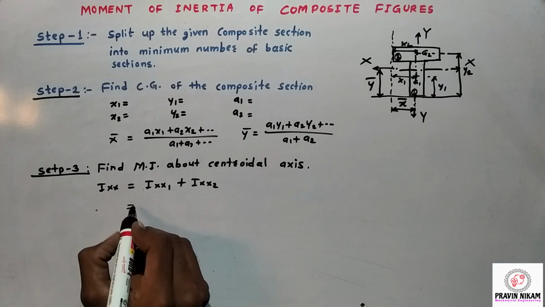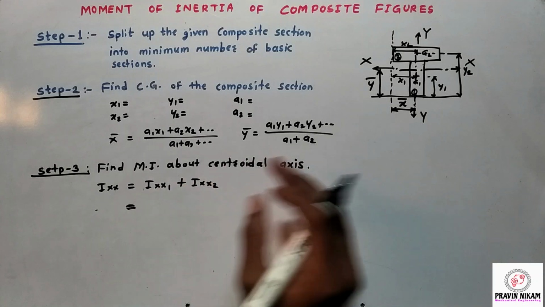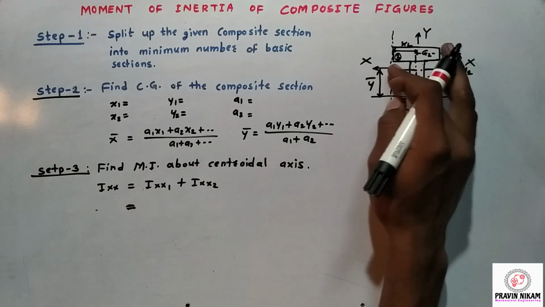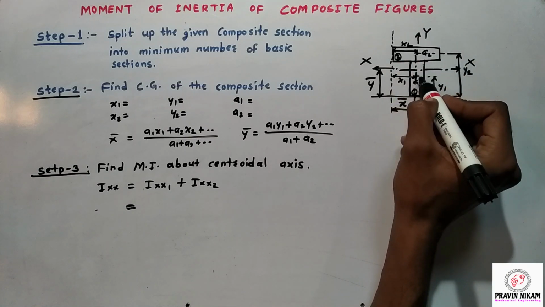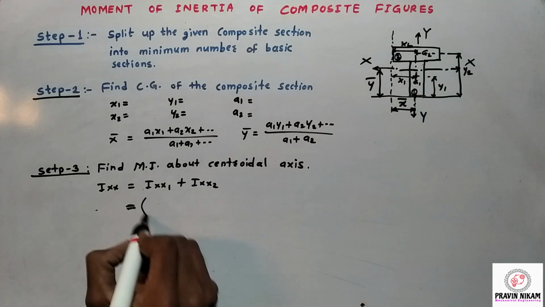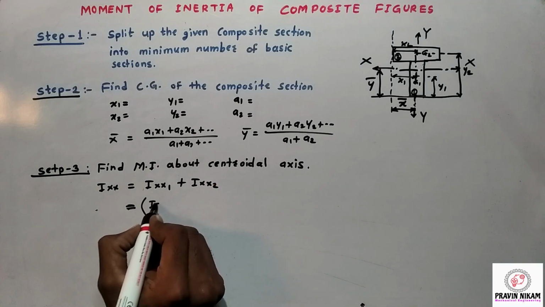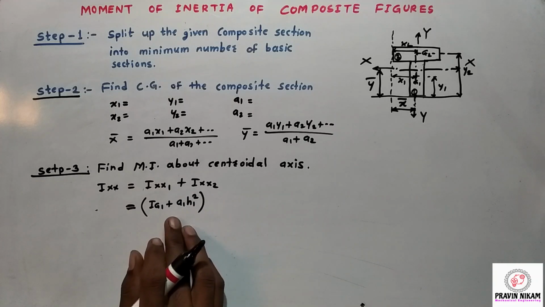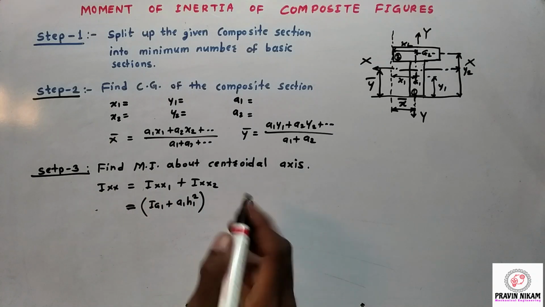Now Ixx1 means moment of inertia of this section 1 about this centroidal axis. So here centroid is here and axis is here. So use parallel axis theorem. So parallel axis theorem is what? Ig1 plus A1 H1 square. It is for section 1. So Ig plus AH square. Then plus